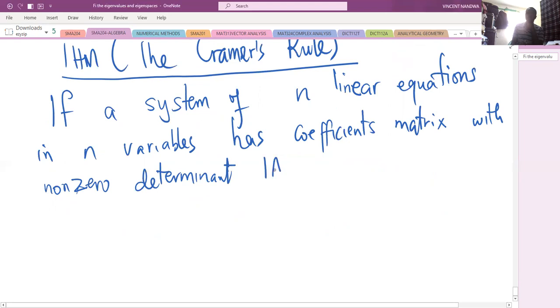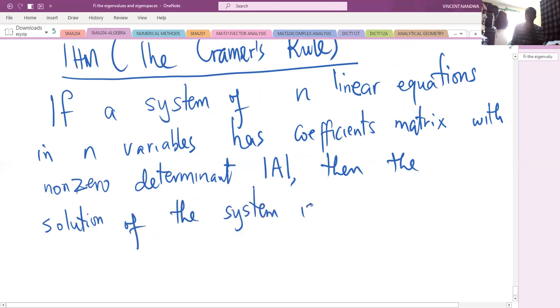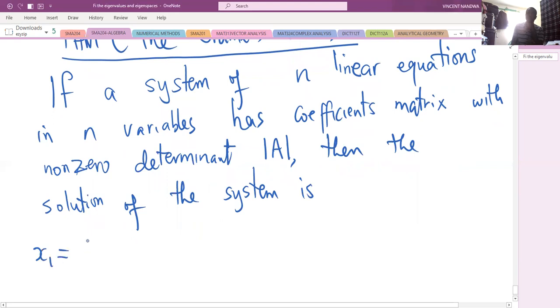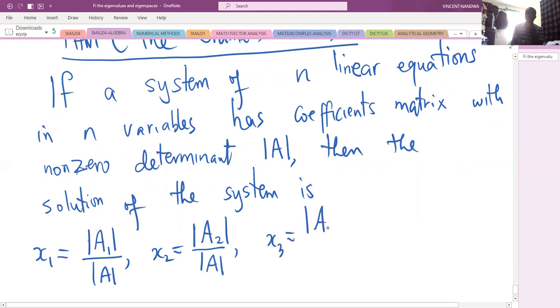Then denoted by A, determinant of A, then the solution of the system is given by x1 is determinant A1 over determinant of A, x2 is determinant A2 over determinant of A, x3 is determinant A3 over determinant of A, all the way up to xn is determinant of An over determinant of A,